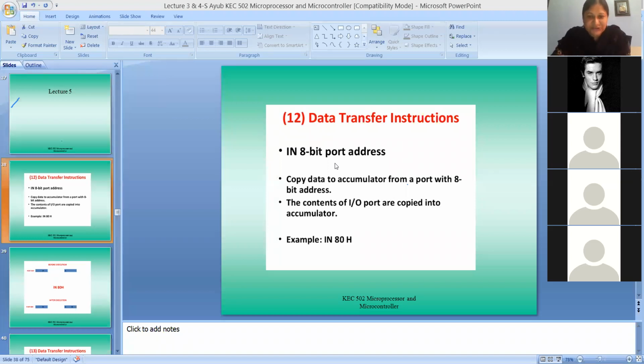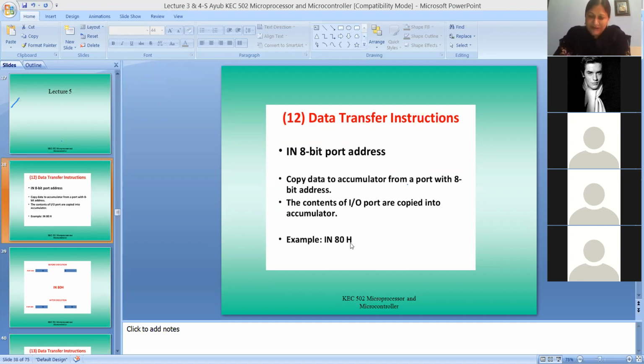So what does this instruction do? This instruction is doing input. Whatever is available on the input port, which should be an 8-bit port, will come into the accumulator with this instruction. If we write IN 80 hex, then 80 hex is the address of the port.